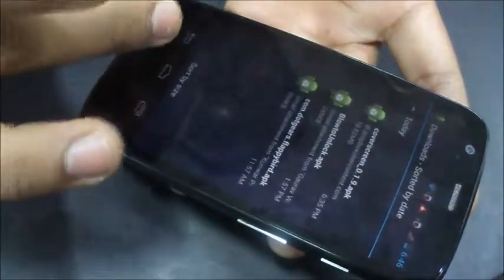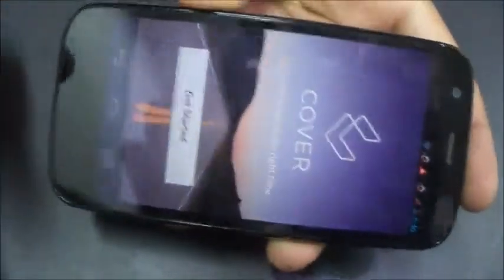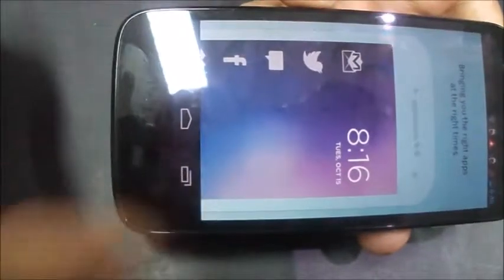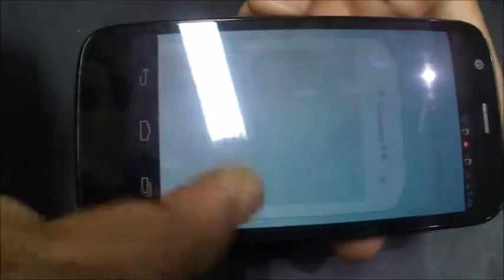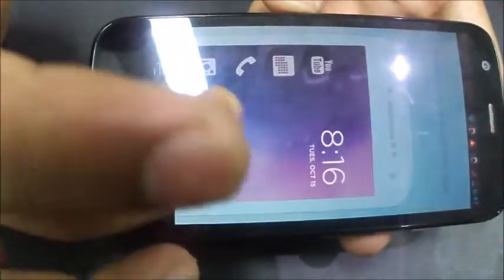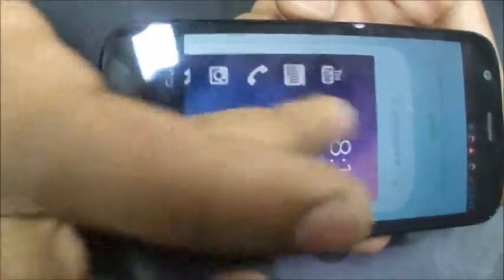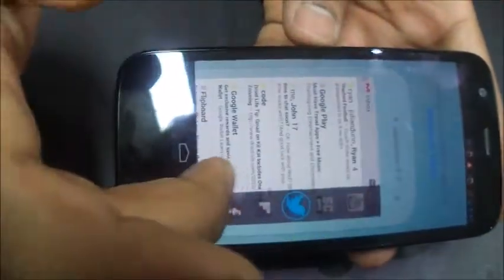So once if I just try opening it, the welcome screen looks somewhat like this. So in the tutorial you will see how the app works. You will see some of the icons. You just need to tap on one icon and you need to scroll it down. You can just see the app opening up. In a similar way, you can have some different apps and you can just keep opening. So this is the first tutorial it is showing.